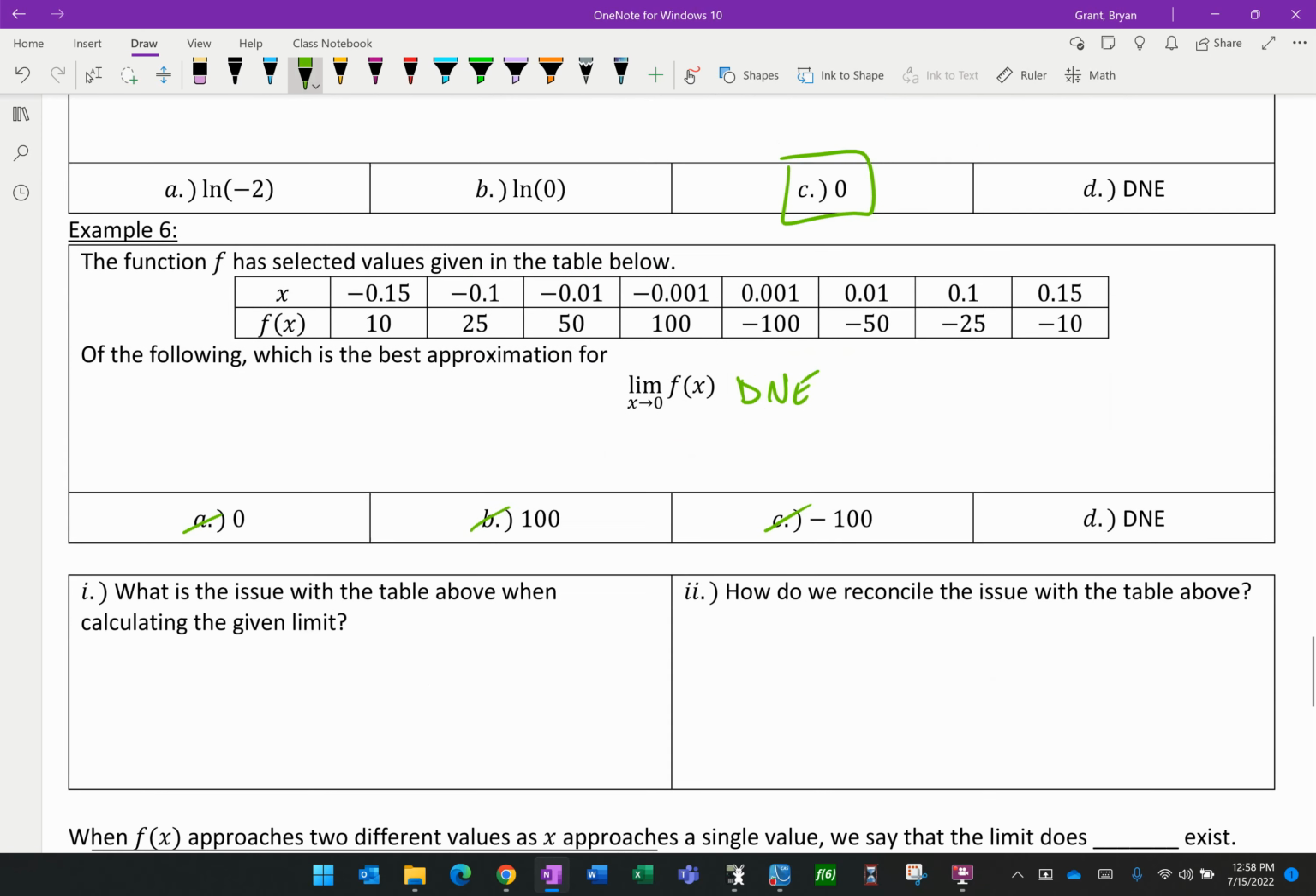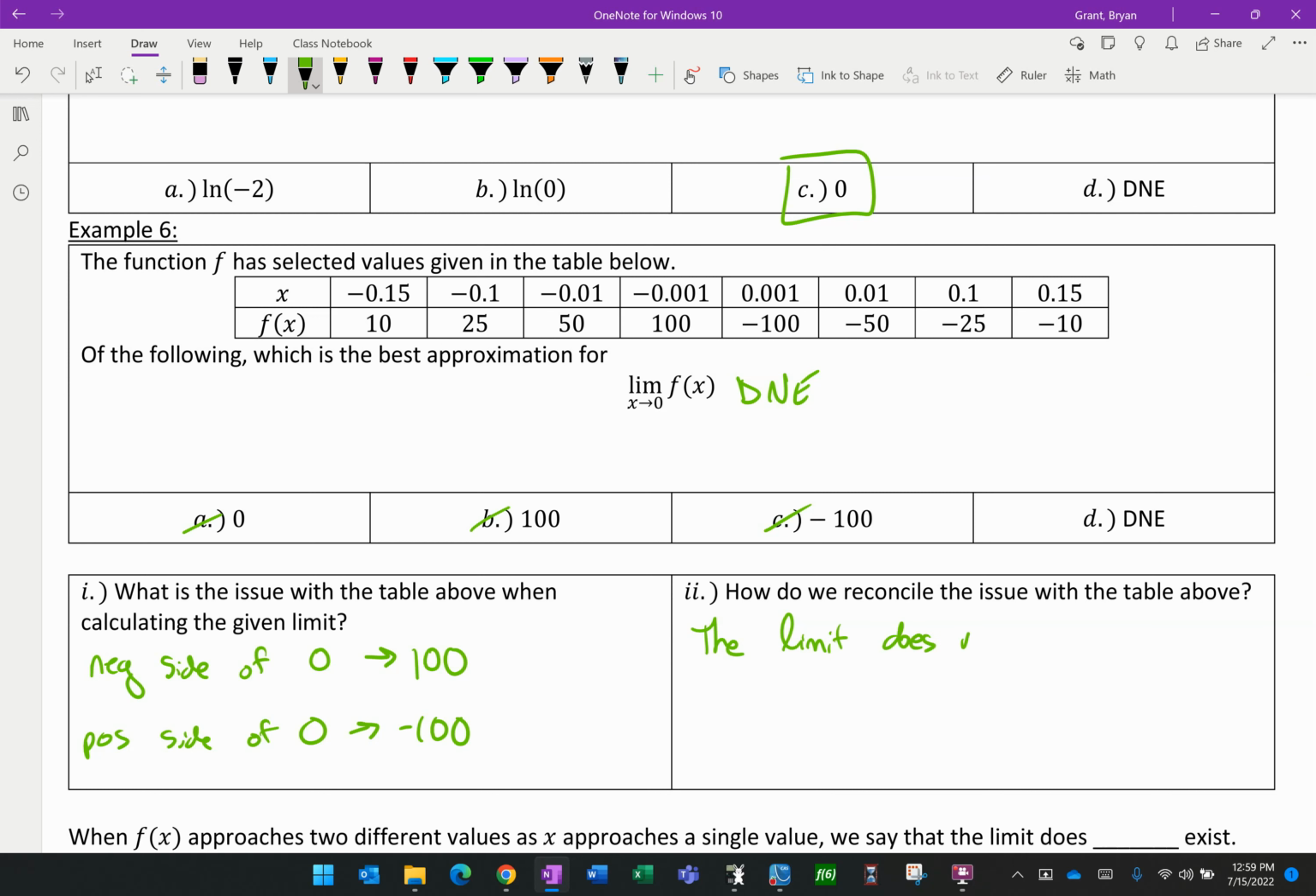Now let's go a little bit further here. The issue with the table when calculating the given limit is that the negative side of 0 approached 100. However, the positive side of 0, right, that's on this side, approached negative 100. Those are 2 very different answers. So, how do we reconcile or how do we fix the issue with the table above? Well, we say that the limit